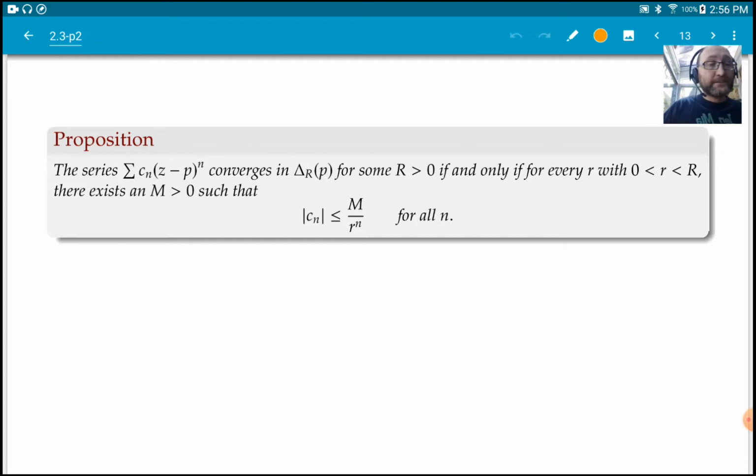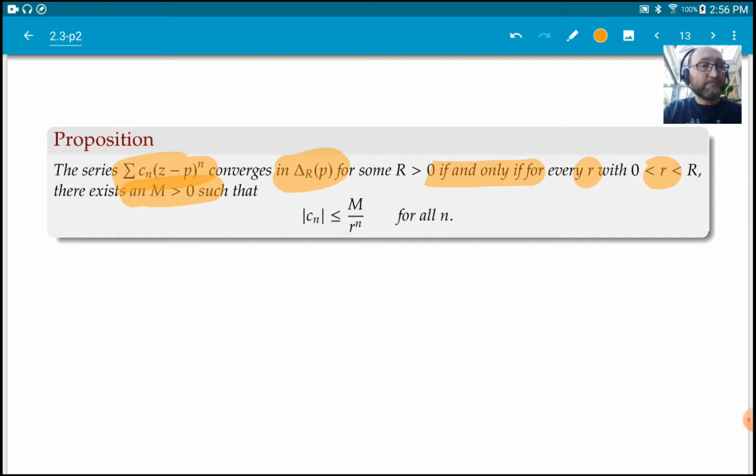Now, there is a very nice test for convergence. Say this if and only if, but it's really used mostly in one direction. One direction is easy, and the other direction is the interesting one. But we have that a power series converges in some disk of some radius capital R if and only if for every little r less than capital R,